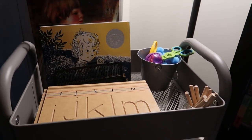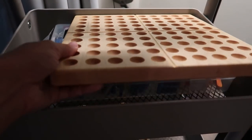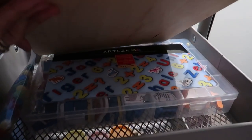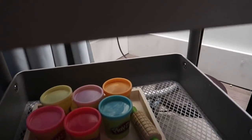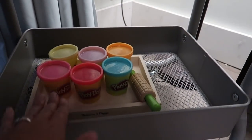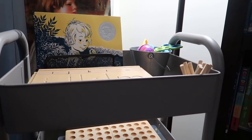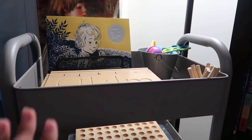I think you saw my vacuums back there as well. We have her treasures from Jennifer, little hundreds board here. And then I've also got that Arteza magnetic letters under there. And then down here right now I've got Play-Doh. But this is where we'll rotate different wooden toys she has and things like that. And then she and I will just kind of, you choose, I choose, you choose, I choose during that little